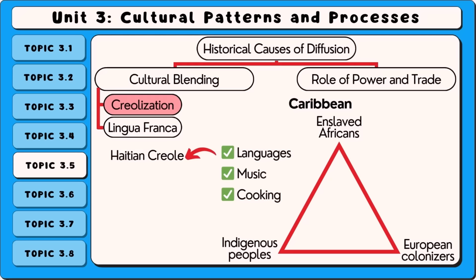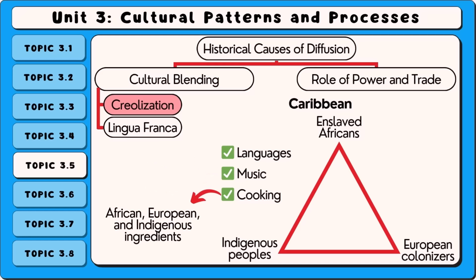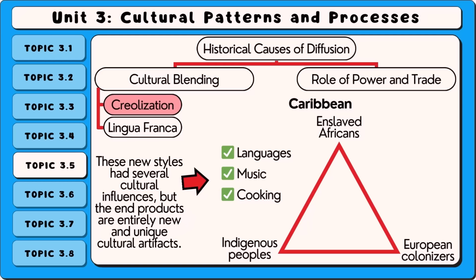Creole languages like Haitian Creole or Jamaican Patois developed from mixing European languages with African languages and local expressions. Creolization also shaped regional music styles like reggae and calypso, and it influenced food traditions that combine African, European, and indigenous ingredients and techniques. These new styles had several cultural influences, but the end products are entirely new and unique